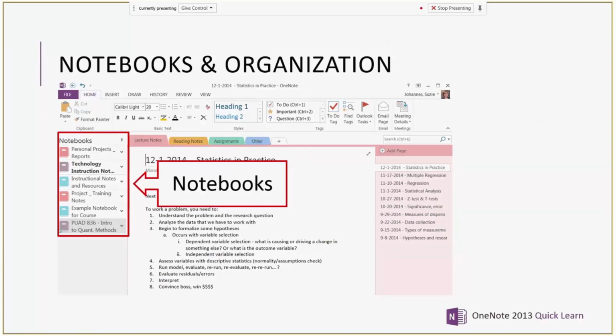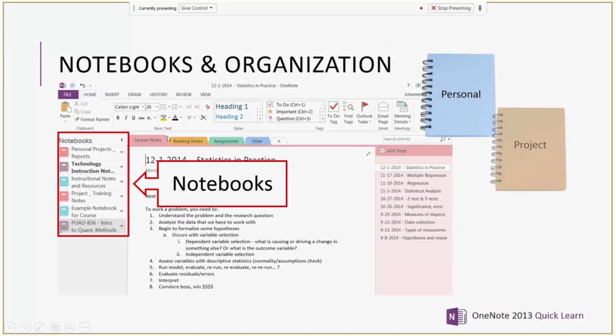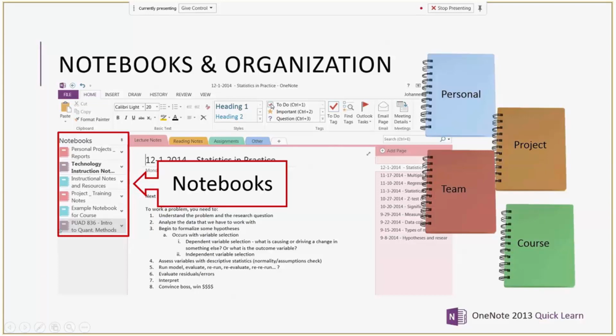So what I do, I have a personal notebook for my projects that I don't share. I have one set up for each project that I'm on. And actually, those the project manager usually sets up, and I just open up. We have one for our teams, so Tennille and I have one. We have a couple actually, but we have one for all of our meeting notes and that type of thing. And then if you're a student, you might have a new notebook for each course, or you might have one set up for each semester and then put all of your courses as different sections or tabs.